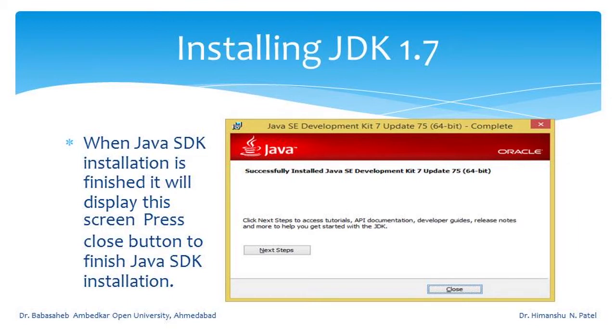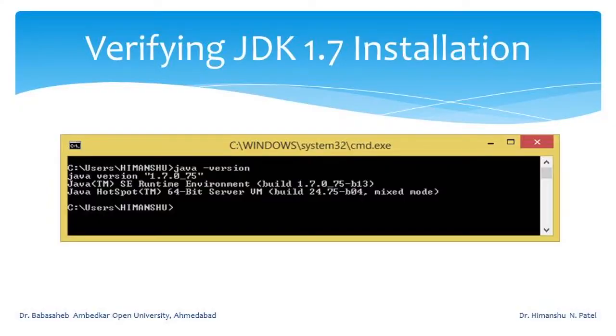So, so far we have discussed two things. One, to develop Android IDE and or Android Studio, and another is to download and install JDK 1.7. Once JDK is installed, we must verify whether it is properly installed or not. So, how can you verify that? As shown in the screen, you have to open command prompt, and in command prompt you have to type java and then minus version. So, suppose if it is properly installed, then it will show the message shown in this screen.